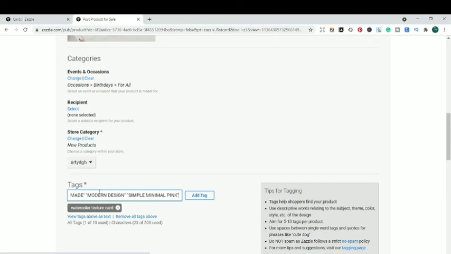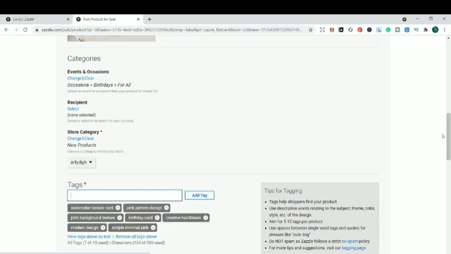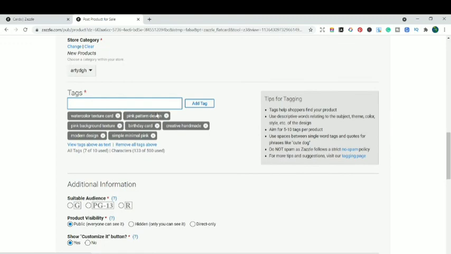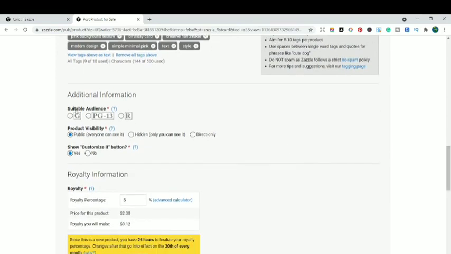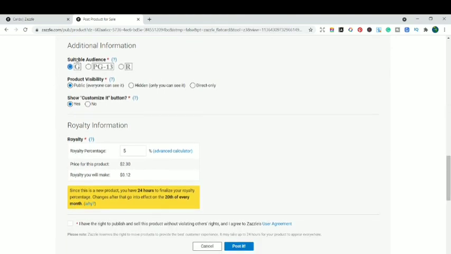So I have added a few of the tags over here, guys. It's 7 tags. You just need to fill up all the 10 tags over here. So I think I'm going to pick up a few more. One more, text style. And I have used 9 of them. Make sure you use 10 out of 10, okay? And then you need to select the suitable audience. It's whether it's for everyone, or for a selected audience, like if it's for adults only or maybe older than that, and you select it accordingly. But I think it's applicable for everyone, so I'm selecting G.